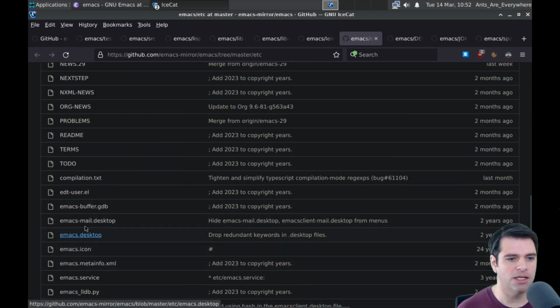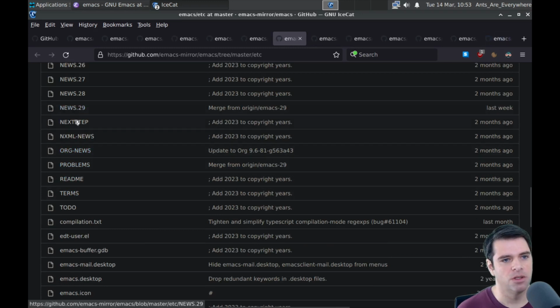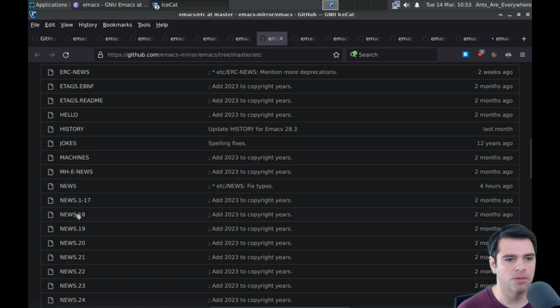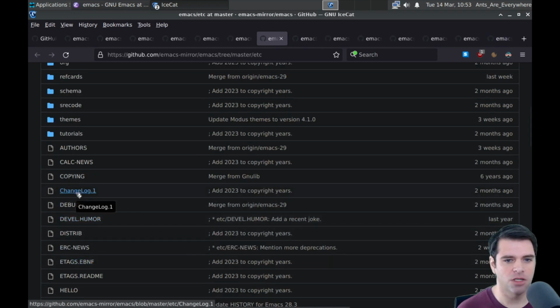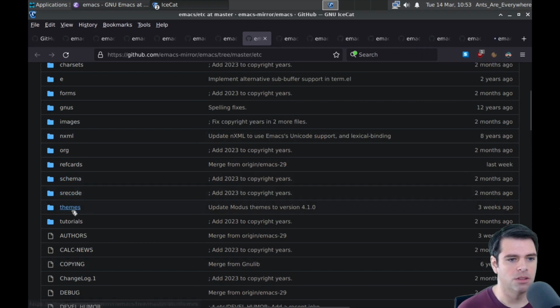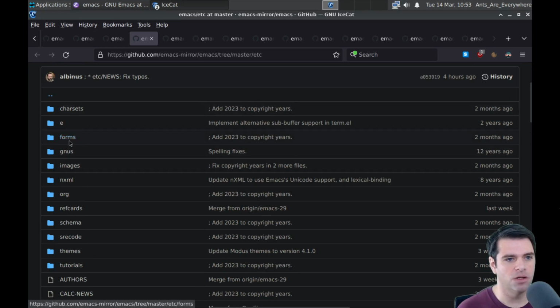So emacs.icon, emacs.desktop, edt-user.el, to do. That's read to do. Terms, problems, news. What's the oldest news? Let's look at news.1-17. Changelog.1. Copying. SRE code. Tutorials, ref cards. Yeah, I'll look at a bunch of this stuff. Is org mode? I'm guessing it might be org mode. Gnus, I think, is the news reader. Forms, I don't know. We'll just peek at a couple of these